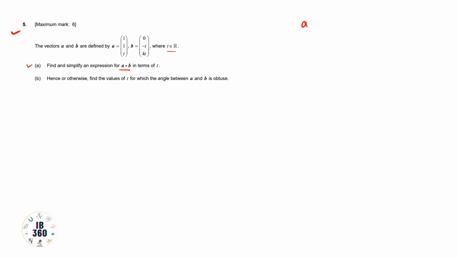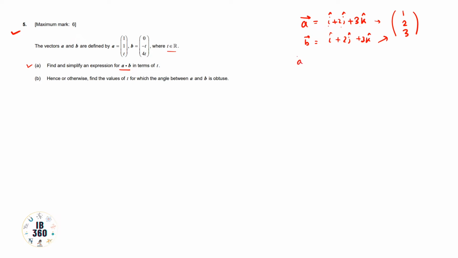A small theoretical part. If A vector is equal to i plus 2j plus 3k, these are the unit vectors along the x, y and z axis, and this can be written in this format, that is 1 2 3. So these are basically the same thing, x, y and z axis values, where i, j and k cap are the unit vectors along those particular axes. And B vector, say B vector equals again i plus 2j plus 3k. So again we can write B in this way. This is just one example.